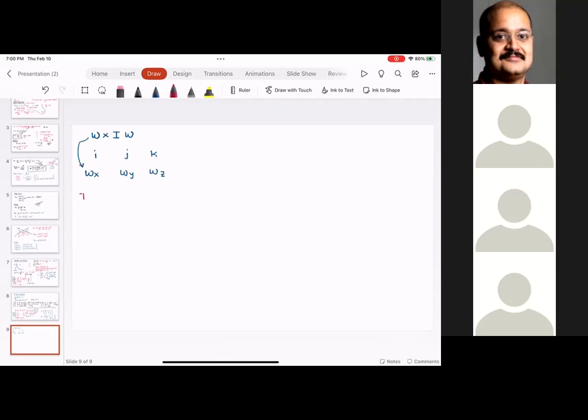And I xx omega x, I y omega y, I z omega z. And to find this cross product, I need to evaluate this determinant. How would I evaluate this determinant? I, omega y, so I z omega z omega y minus I y omega y omega z